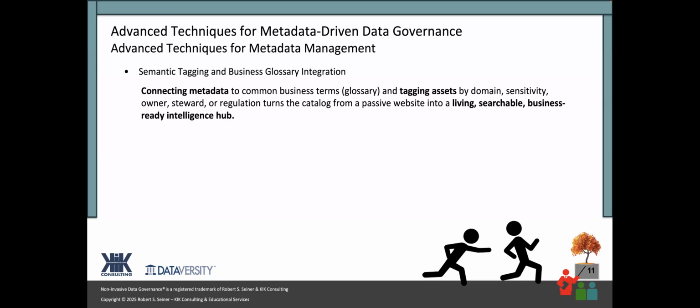That whole concept of tagging, it seems like a very simple subject, but it's one of those advanced techniques for metadata management: connecting the metadata to things that people are used to searching on. So like common business terms, or tagging assets by their domain or subject area or their sensitivity or their part of the business, just to make the metadata more searchable. It makes the metadata more active within the organization when people can start with these tags that you've provided to your metadata, the groupings of the metadata to make sense.